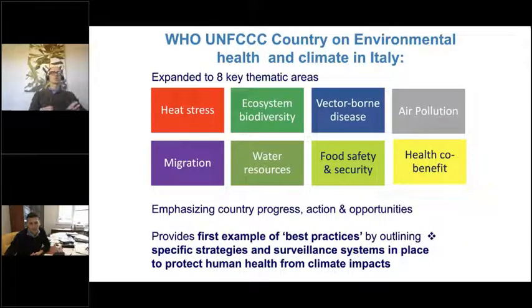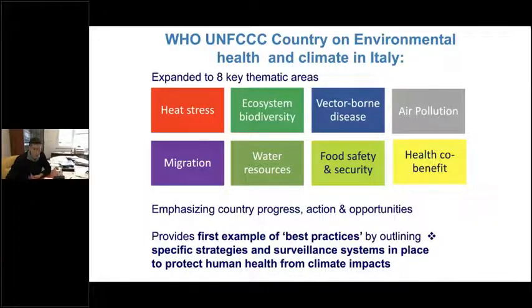In this document, the climate and health country profile, the integration for prevention could be the basic concept in a nutshell, because we expanded this concept into many different areas, but the aim is the same, to provide a best practice of integrating not only